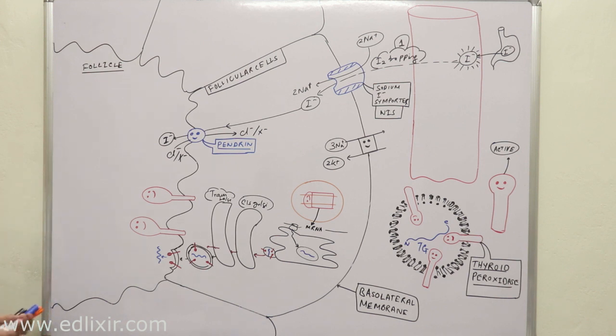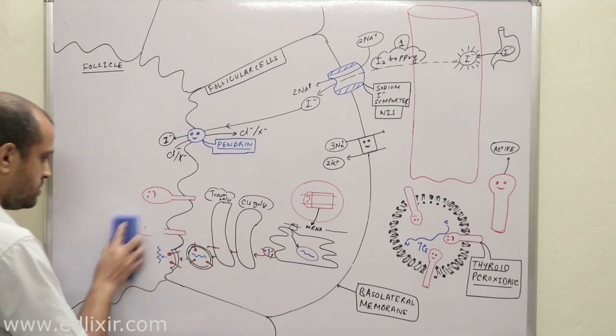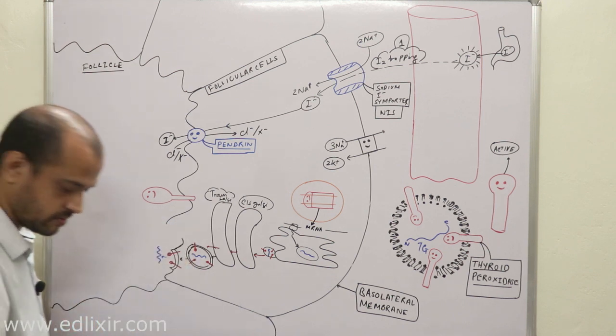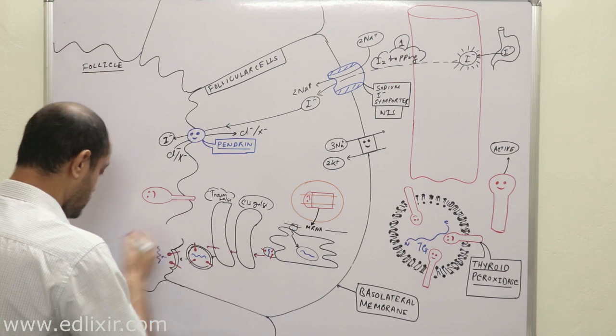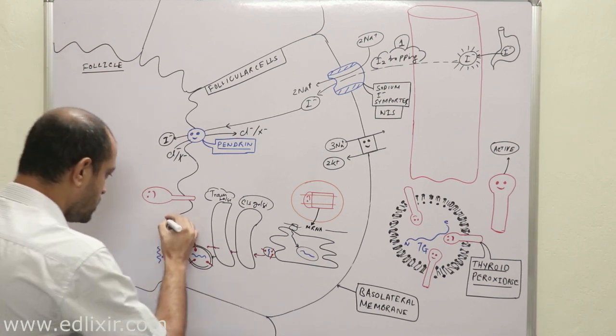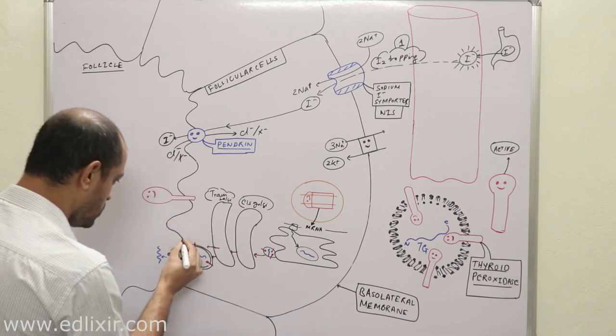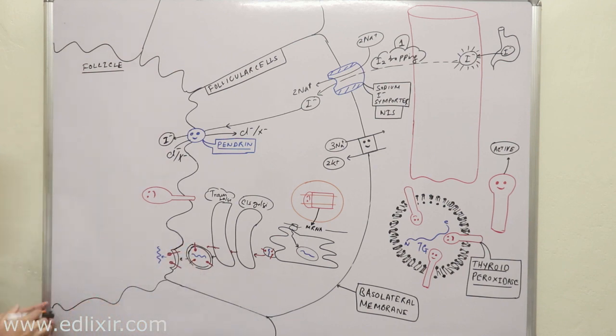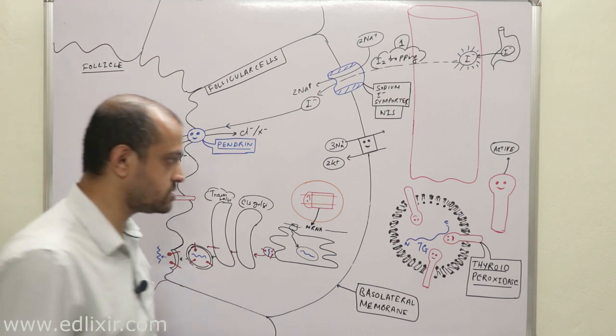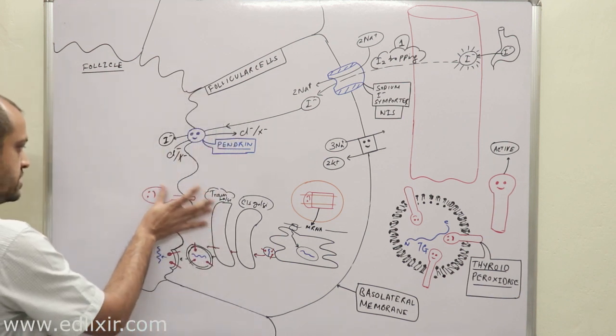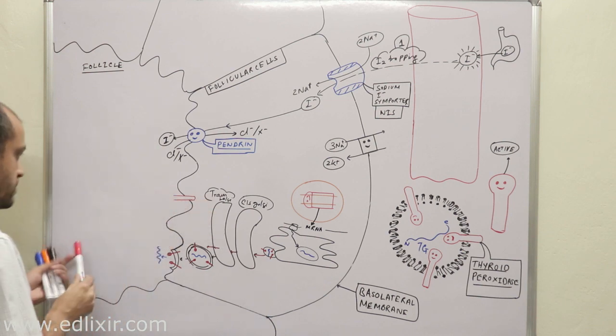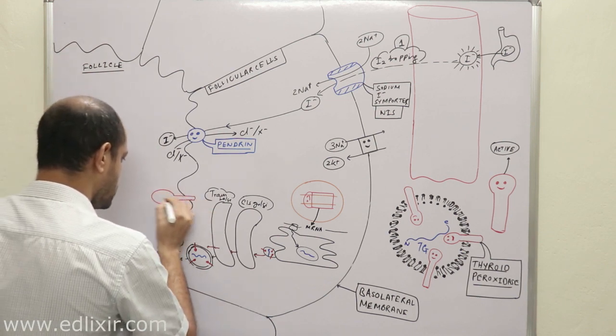Clear? Now listen with all your attention. A very important part you need to understand here is this. For the simplicity of this diagram, I will be drawing only one thyroid peroxidase molecule. Clear? Now, so far so good, right? We have already discussed what is thyroid peroxidase. Now listen with all your attention. What is its function? We will be dealing with that in just a few moments.